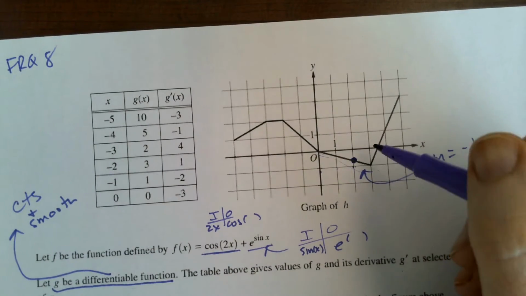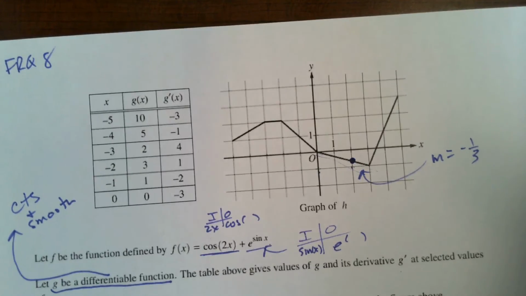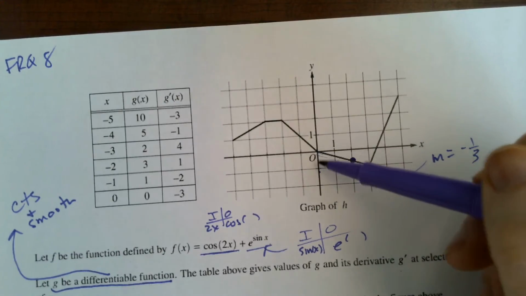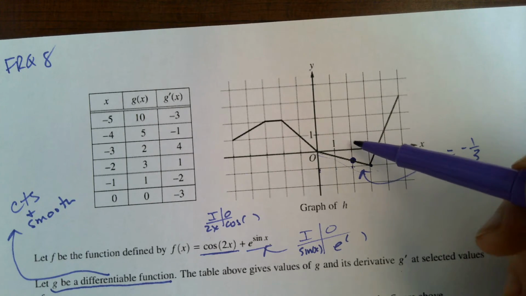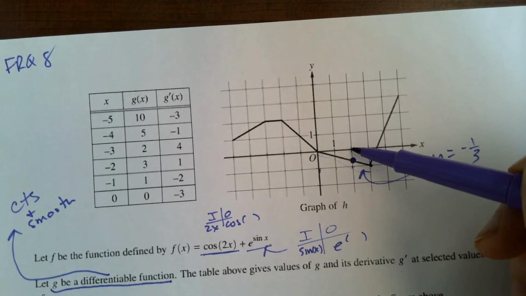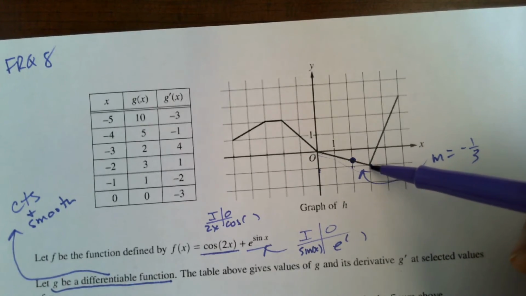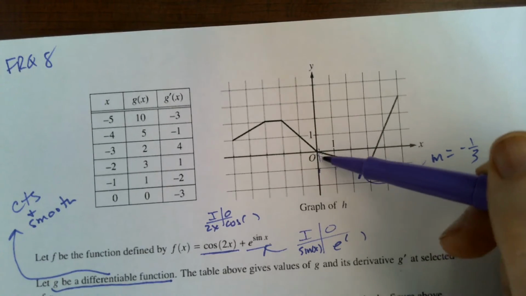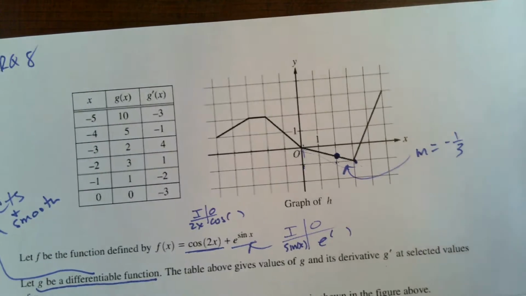You could use similar triangles, or a ratio, because negative 1 to 3 is the same as that y value to 2. So you could set up a ratio like that, or